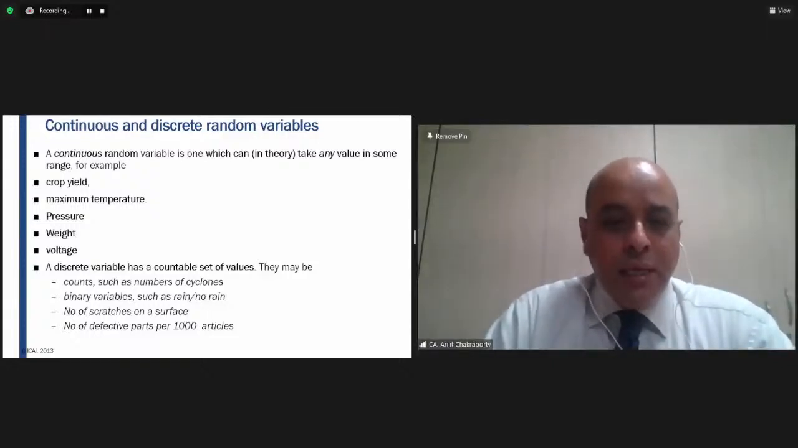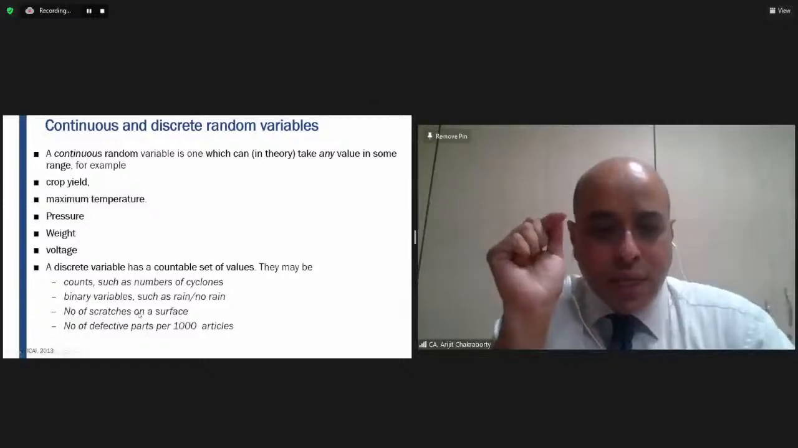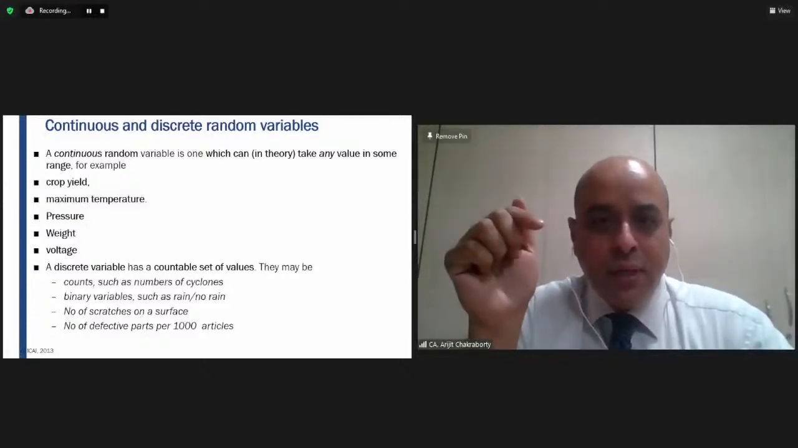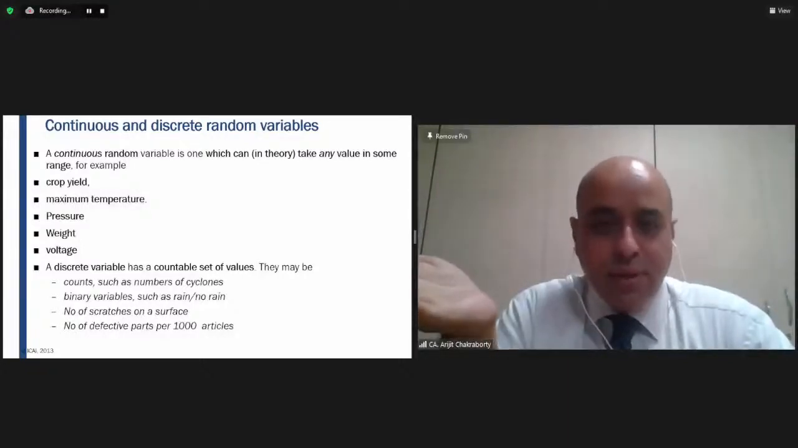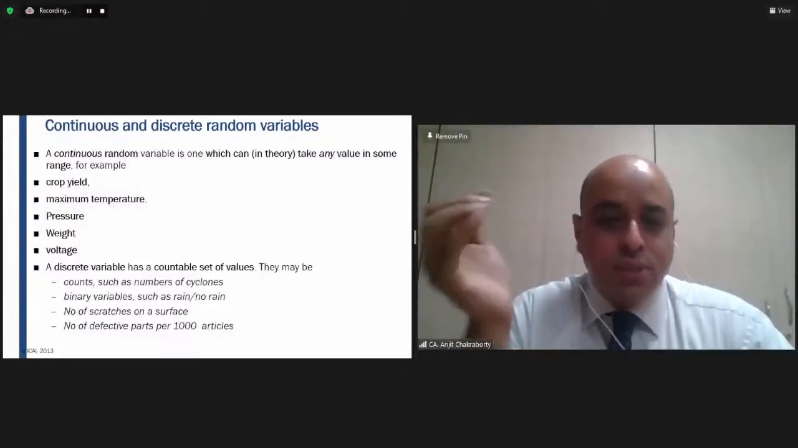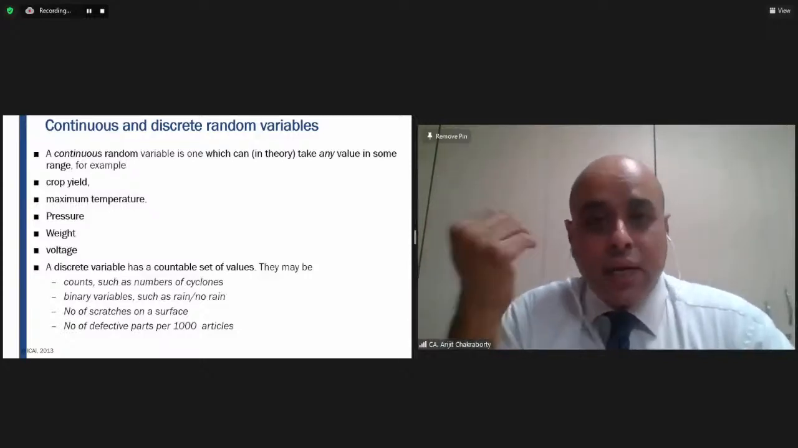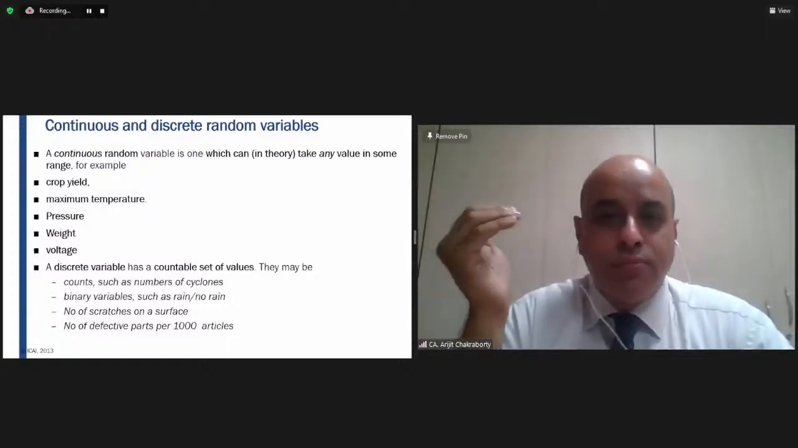Similarly, you take the third example, number of scratches on a surface. The number of scratches on a surface is a whole number, either you have a scratch or you don't have a scratch. You cannot get a fractional number. You cannot get a negative number. So number of scratches on a surface, yes, it's a variable. It's a random variable. Why is it a random variable? It's a random variable because